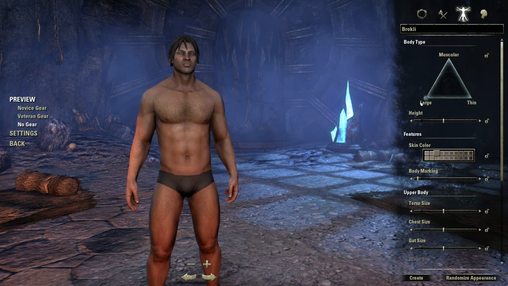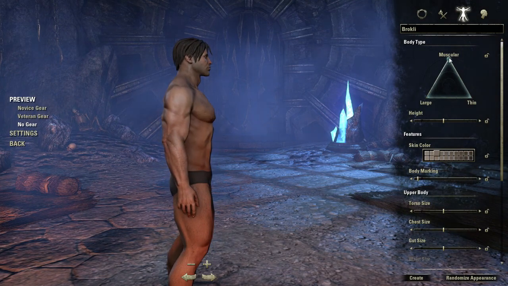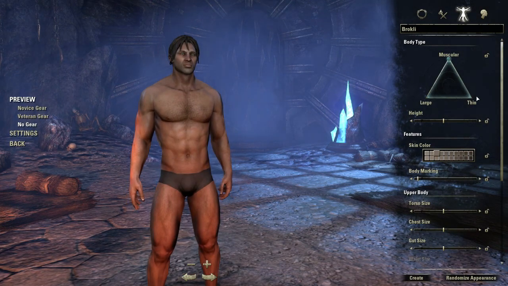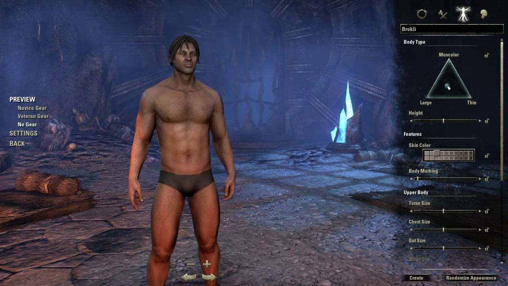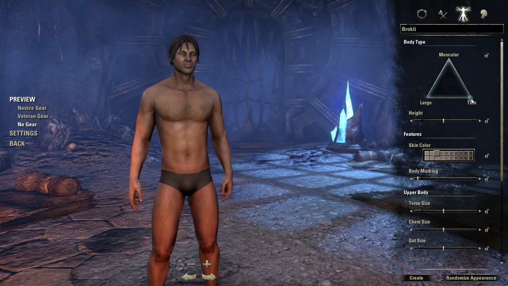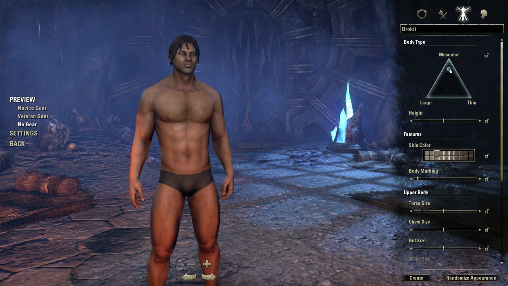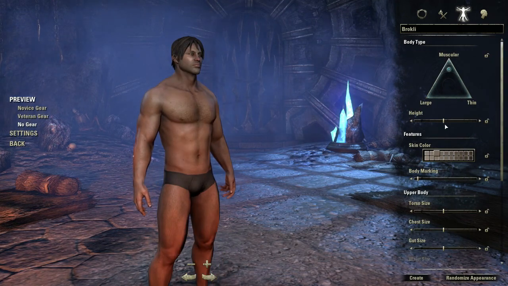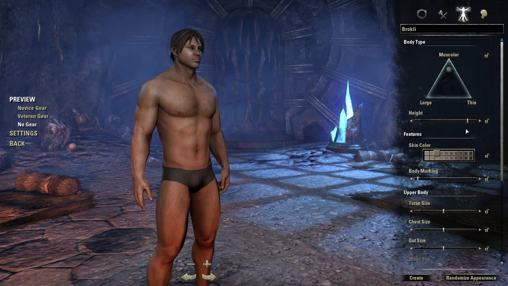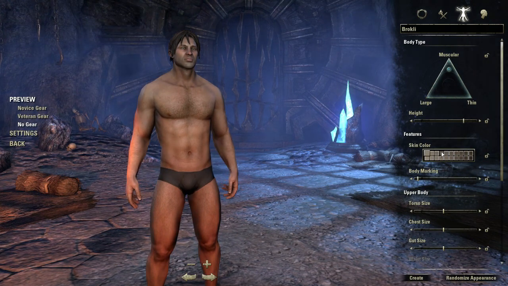So here you can change his body type. It's pretty big. And you can go into muscular region. You can do it down to thin. And we can kind of combine them together. But we're gonna go as I would say a fairly muscular guy, because this is gonna be a tough guy. You can also increase your height or decrease it to whatever you like. You're gonna have a pretty tall guy here. You can also choose your skin color,